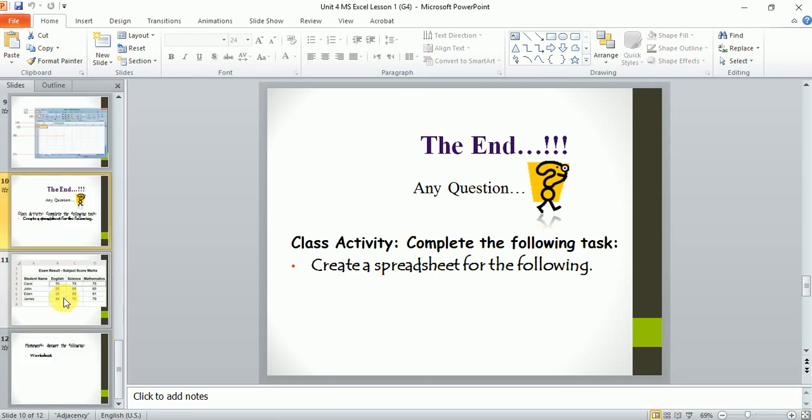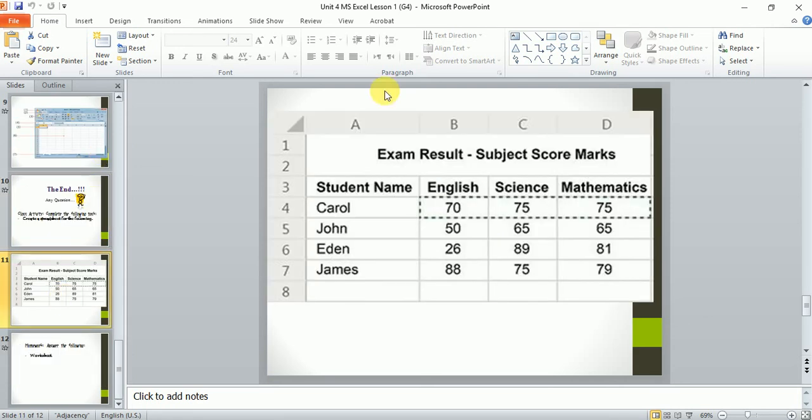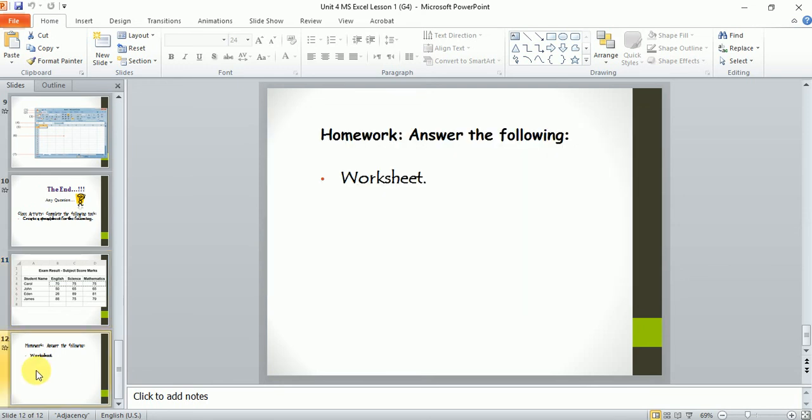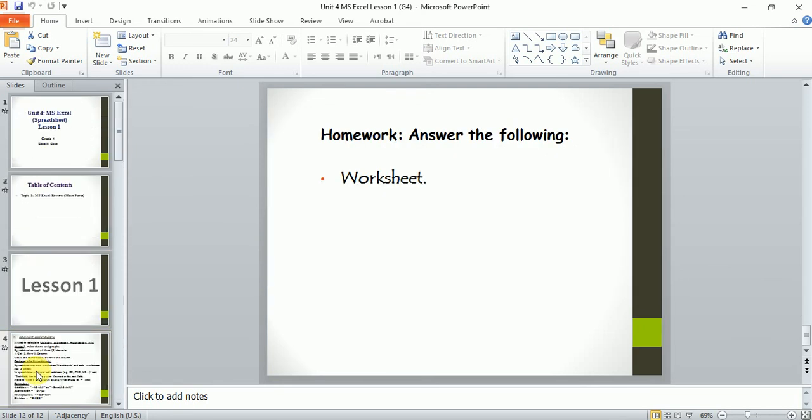I hope you understood. For the homework, I want you all to create a table in your spreadsheet like this. You give a title, you give headings, and you put this information. Please take a picture or send me this file through the school website, and your homework will be a worksheet which you will find in the school